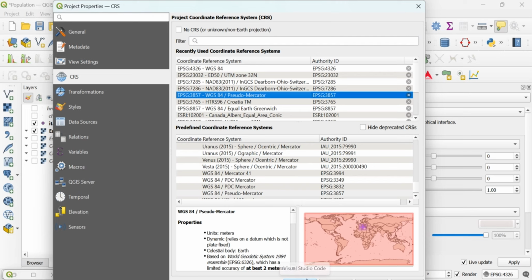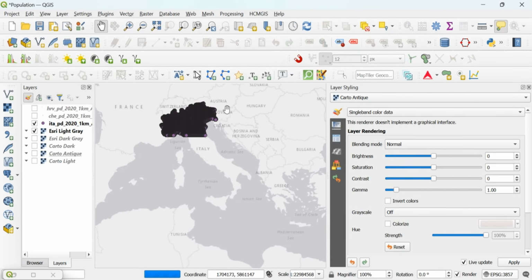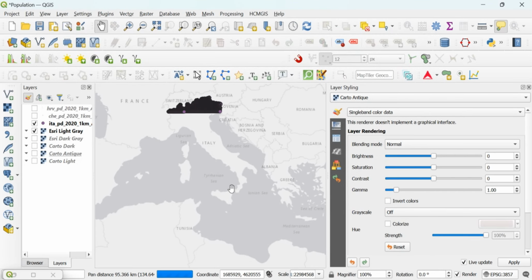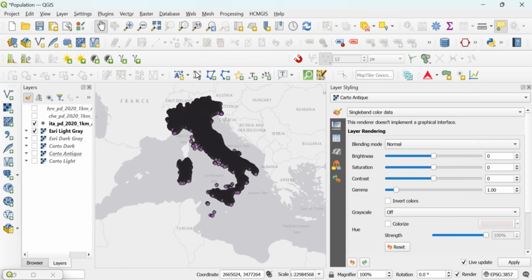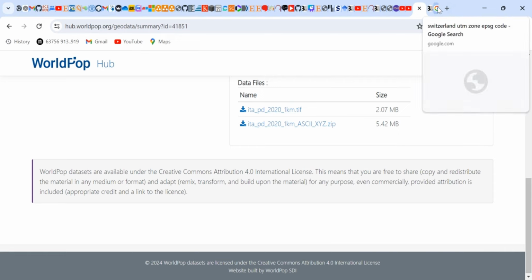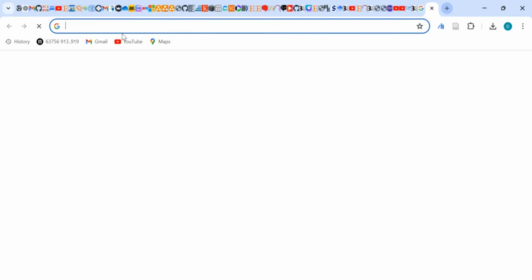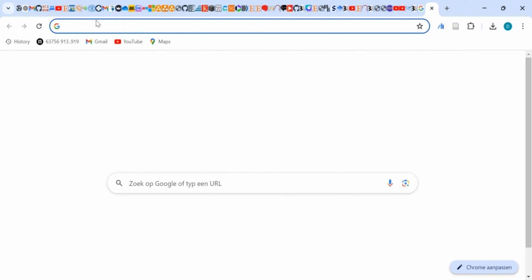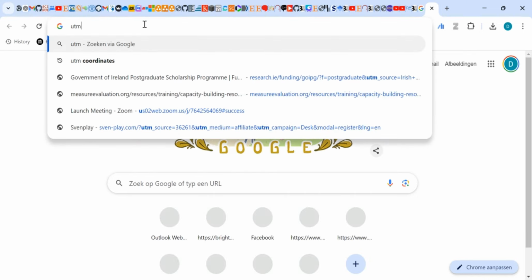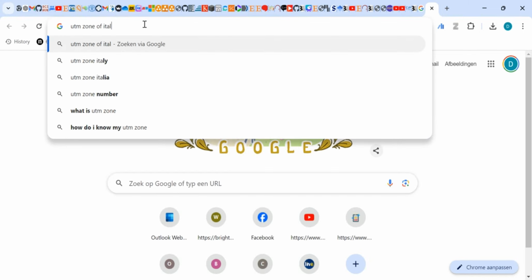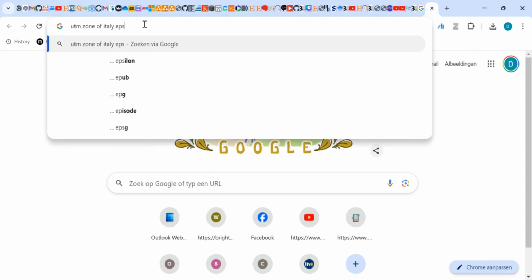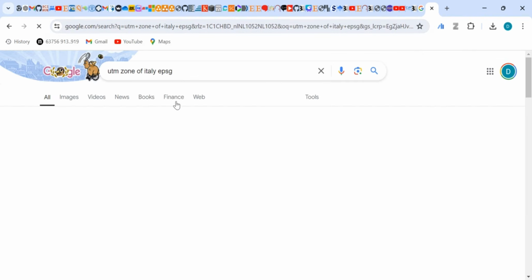Yeah, I will try this and see how it displays. Otherwise, you can also Google it on the internet. Let me see if we can do that. UTM, so Italy. We can just say EPSG code.